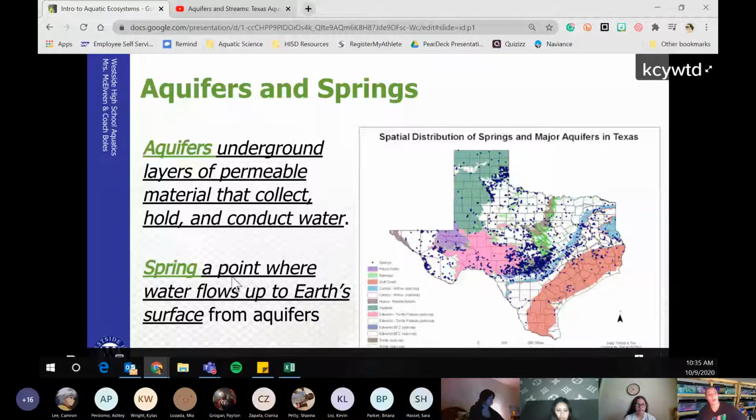If we look at this Texas state map, it's color-coded with the different aquifers. Most of our springs are located in the same general region. This area is that Edwards Plateau that I've mentioned several times. This is where the elevation changes rapidly and you get into the hill country. Because of this change in elevation, there are different openings and cracks within the land throughout the hill country region, and that allows for aquifers to release water into a spring.